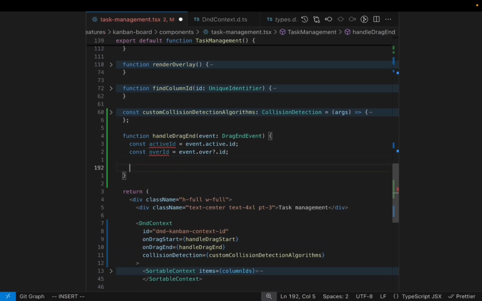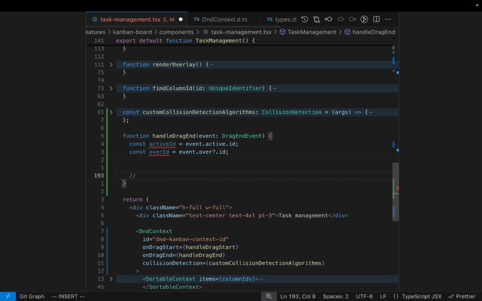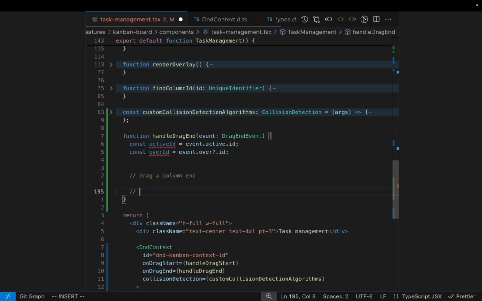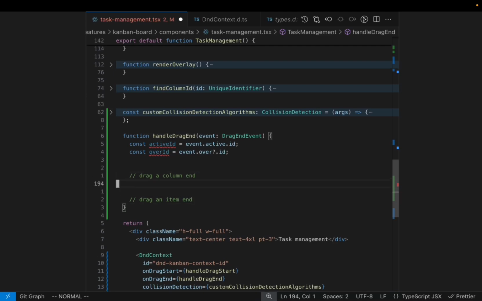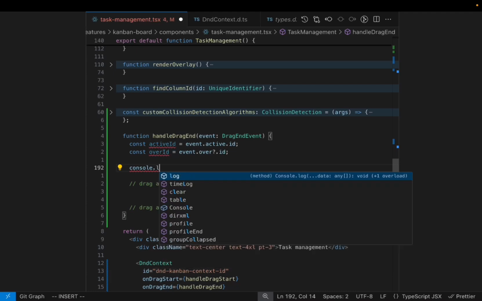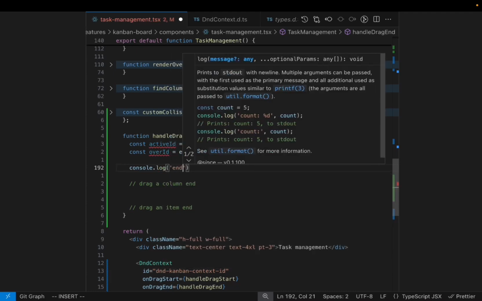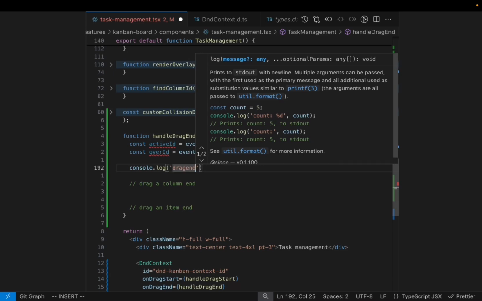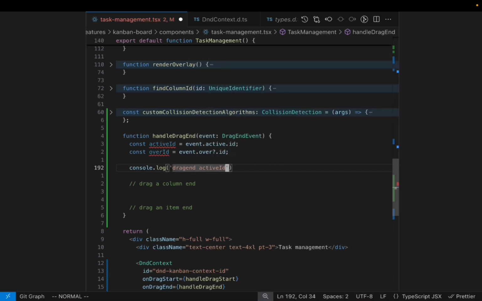We need to handle two cases: the first case is dragging a column end, and the second case is dragging an item end. So first I will try to log the active ID for drag end active ID,